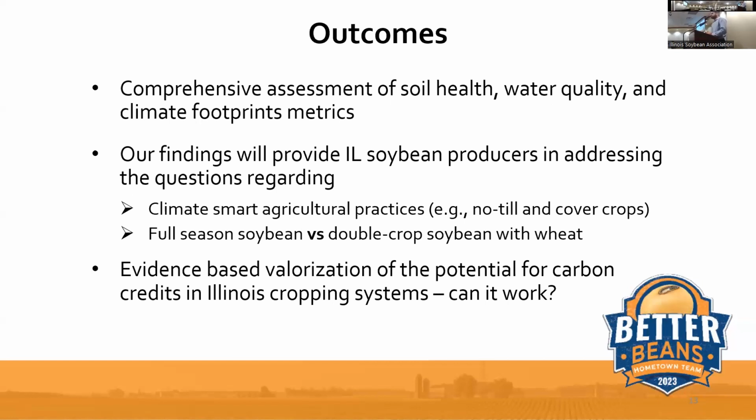Again, as scientists, our goal is to generate the data and share our perspective in a way that provides you the evidence to help you decide whether our Illinois cropping system can potentially sequester carbon or not. So this is a 4-year project, so we will complete two rotation cycles. It will give you the initial idea of whether we can get a carbon credit from our system